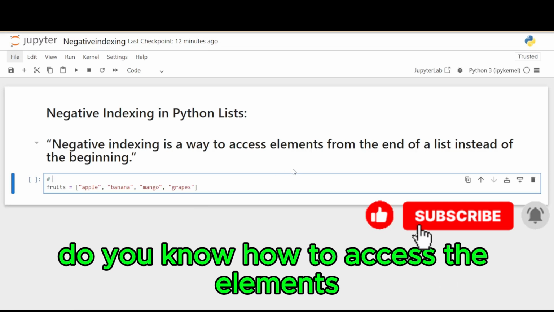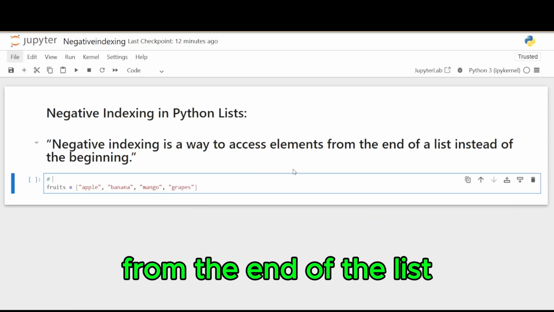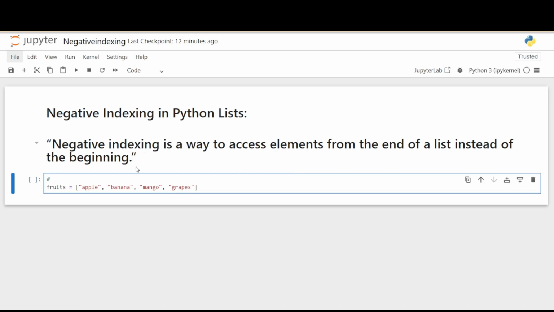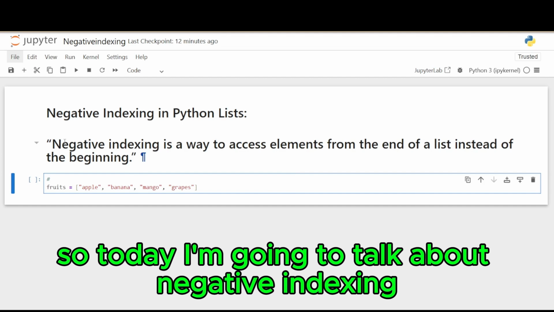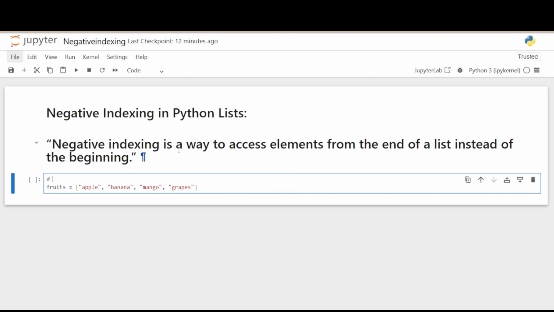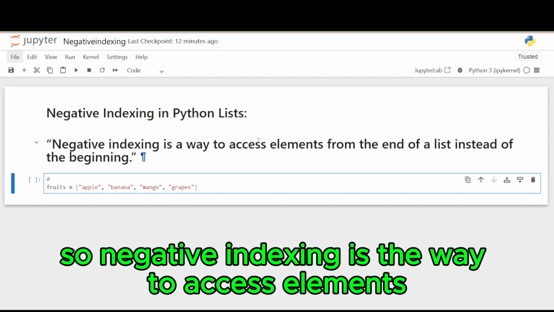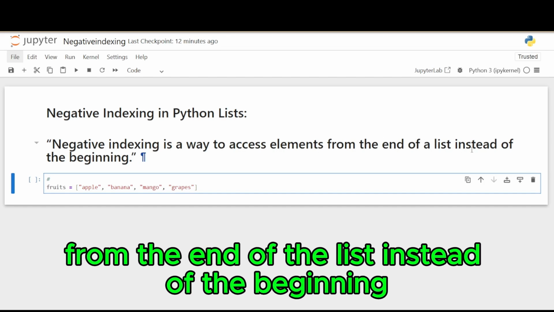How to access the elements from the end of the list. That is called negative indexing in Python list, right? So today I am going to talk about negative indexing in Python list, right? So negative indexing is a way to access elements from the end of the list instead